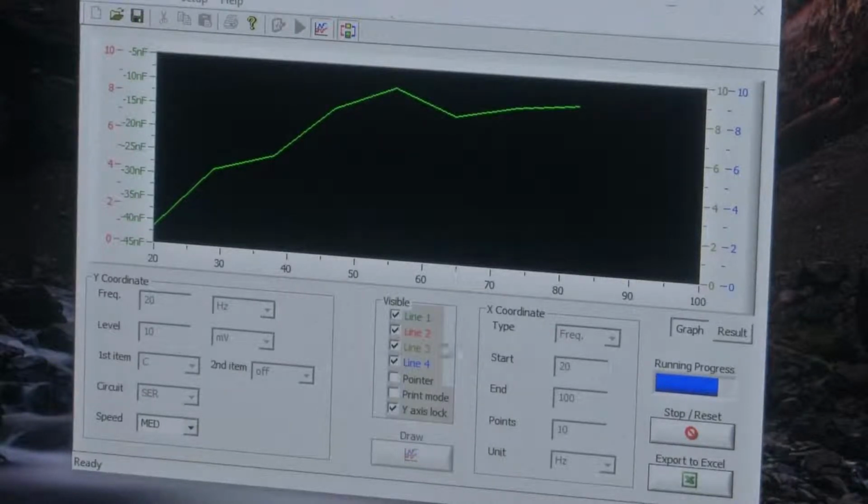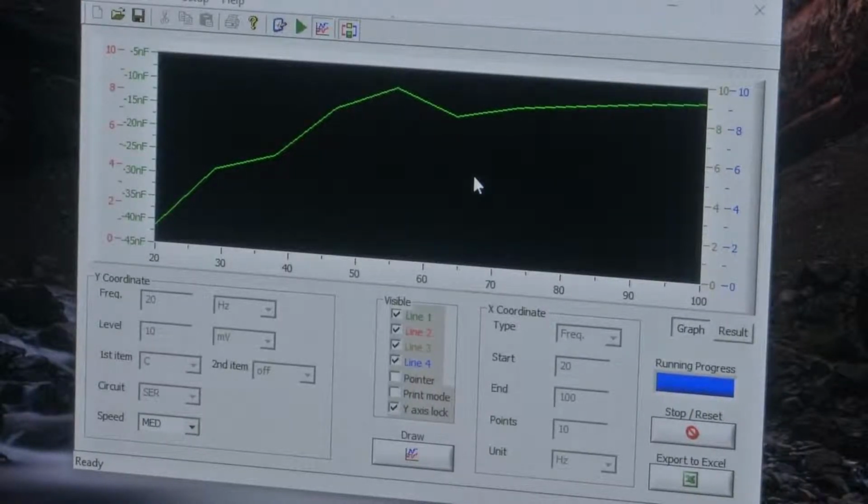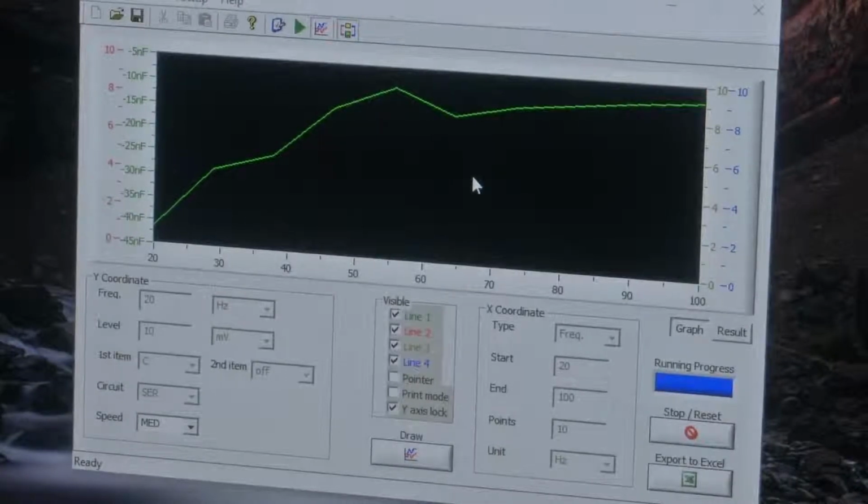Over the given frequency, starting from 20 Hertz to 100 Hertz, we mentioned 10 points where the frequency is being captured. This is when it's just the plain electrode with the sensor and the electrode pads. So the well has nothing in it, it's just empty.